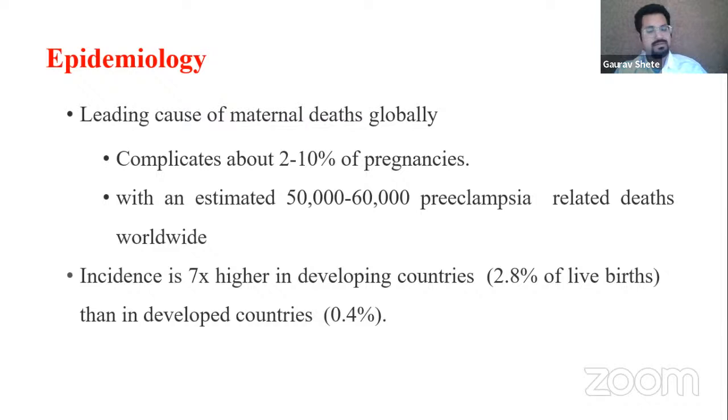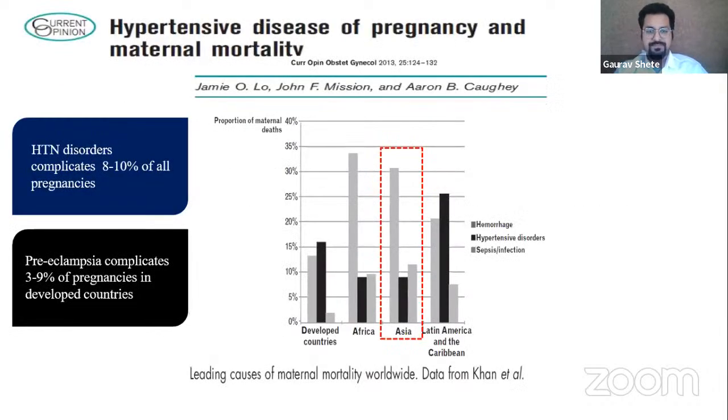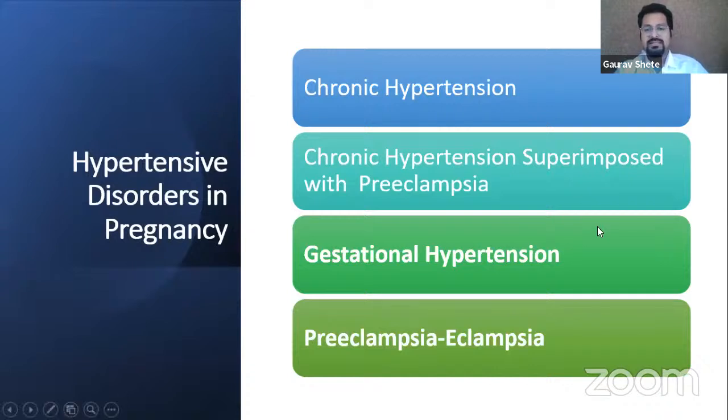Is Southeast Asian as well as African countries. Their ethnicity, the people staying in these countries and continents are more prone to having preeclampsia than anywhere else in the world, almost 7 times more than the developed countries. All right. So like I discussed, there is chronic hypertension, there is chronic hypertension superimposed with preeclampsia, there is gestational